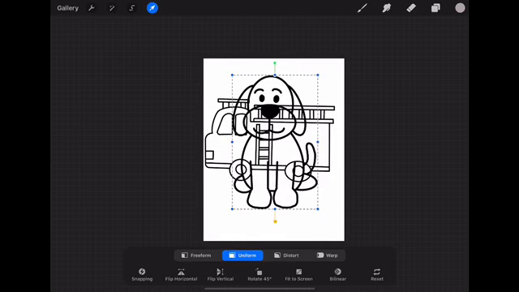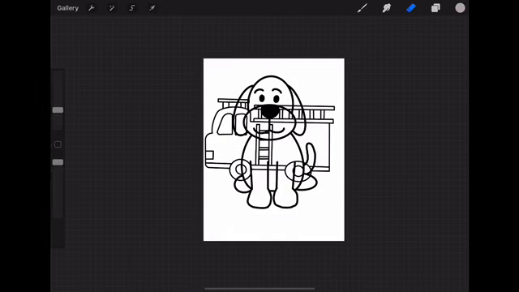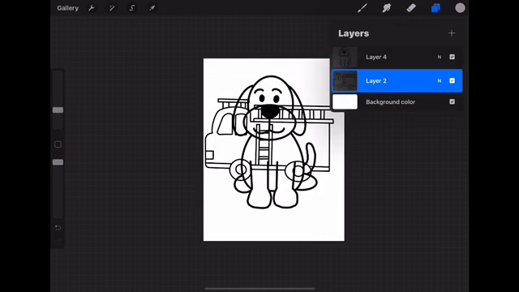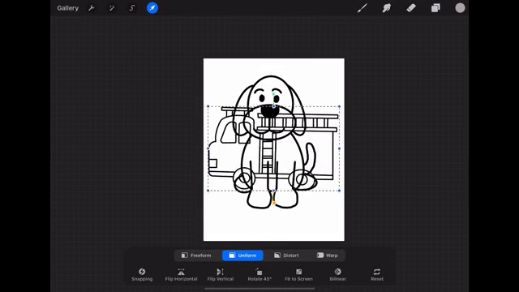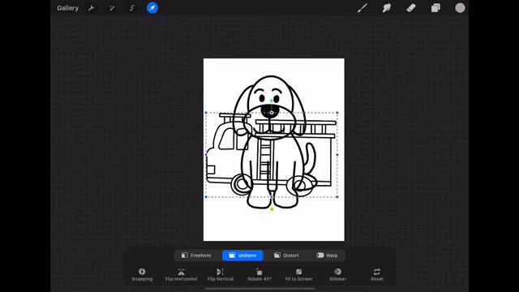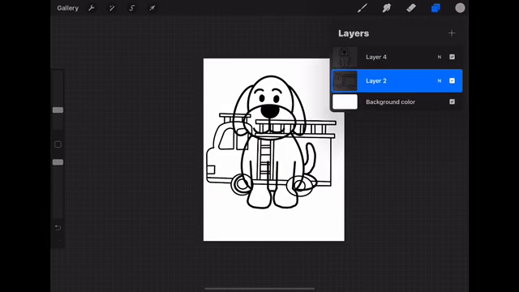Alright, so I need to move my fire truck down again. This is where I want the fire truck on top of the dog. But if I were to erase it,